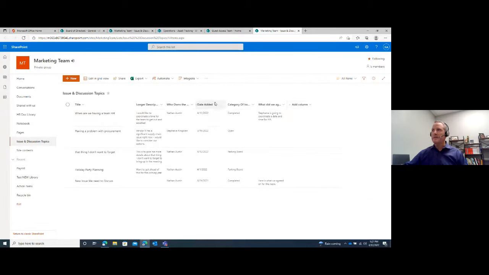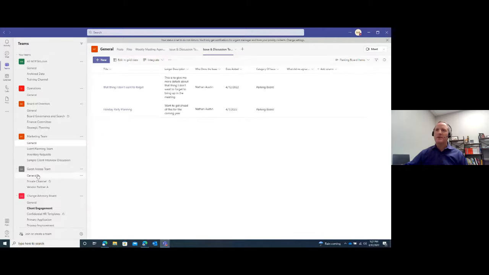You can add a column and customize it, or again, you can click on the little drop down. You can come down to column settings and hit edit, and that's where you can edit the existing column settings. So relatively easy and simple and very easy to customize. So the last thing, as I said, that I wanted to illustrate is coming